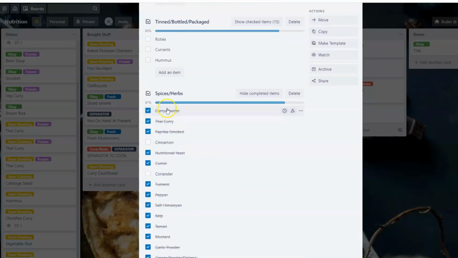I go through it. I've got curry powder. I haven't got cinnamon. I'm low on cinnamon. I put it on my oatmeal. I make a point of that. So cinnamon, I need to get some. Nutritional yeast, I've got cumin, I've got coriander. I need for some things, so I better get some. And I go through the same way, tick off what I have got, leave open what I haven't got, and